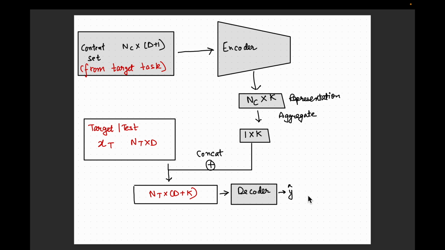Yes. My question was, the context set and the xt correspond to the same task. The context set and the xt at any given point of time will be from the same task. So what is the advantage? Because even for the new task,